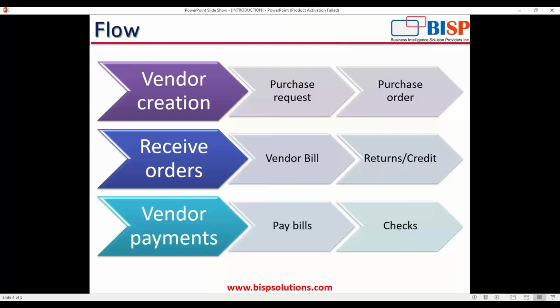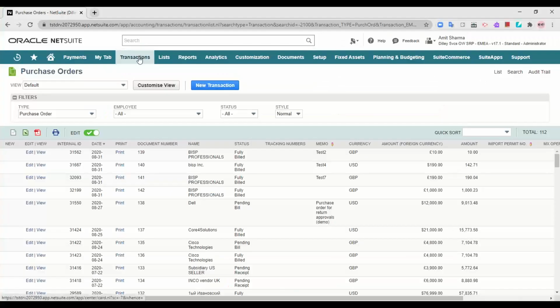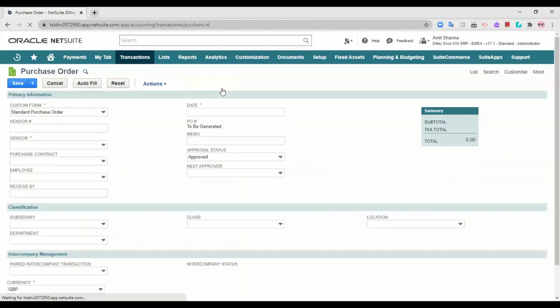Because of whatever relationship they have with the vendor, they directly place a purchase order. They do not have the purchase request requisition part of the vendor creation workflow, and they directly create a purchase order. Now in that manner, let's say a purchase request wasn't being created, I would like to create a purchase order. So I can actually create a purchase order directly from here.